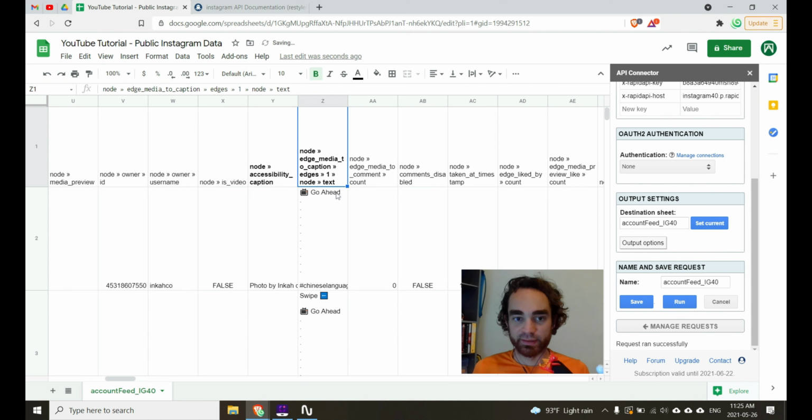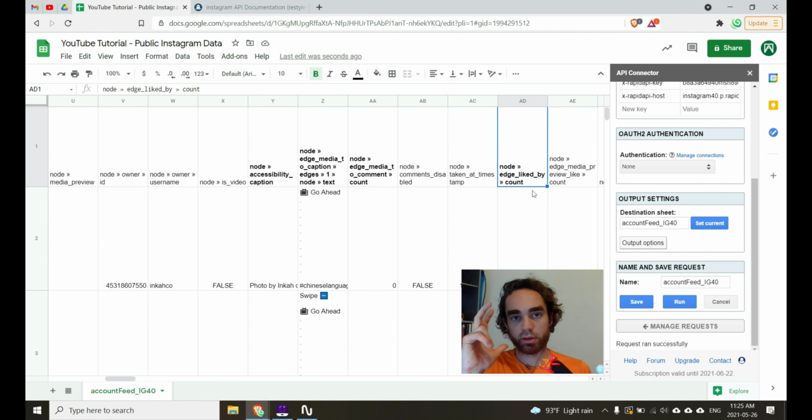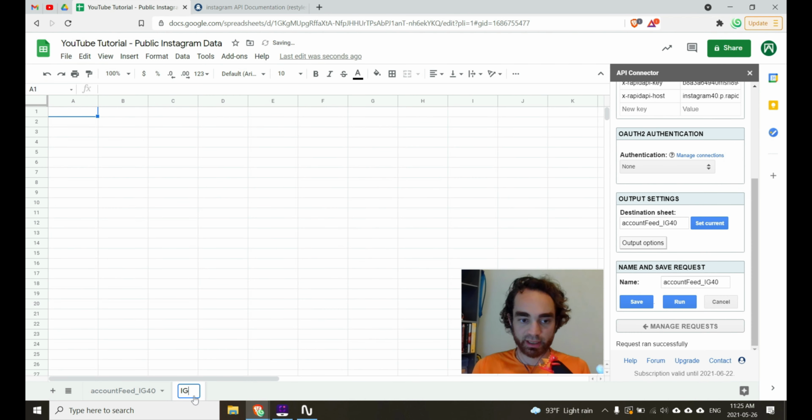We'll also want to get this text for the caption. We'll want to get the number of comments that were left on a particular post. And then we'll also want to get the number of likes. I think that's a good start. So with this in mind, I recommend anytime that you are using API connector and you're wanting to create any kind of dashboard, it's always a good idea to pipe this raw data from your main sheet over to another one. So let's go ahead and start by creating a new sheet, and we'll just call this something like IG